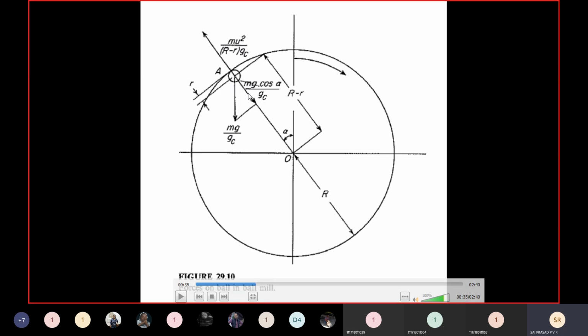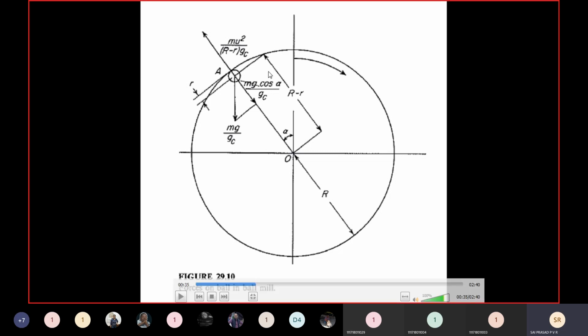Since it is making an angle, gravity always acts in the downward direction. So if you take the forces parallel to the central axis, then of course we are supposed to resolve it. Okay, mg cos alpha by gc, because the component of this line in this direction will be mg cos alpha by gc. Suppose you take the vertical axis, that will be sine, and we don't want that force. We want to concentrate only on these forces. One force will be acting away from the center. One force will be pulling the object towards the center. That is the component of the gravitational force.